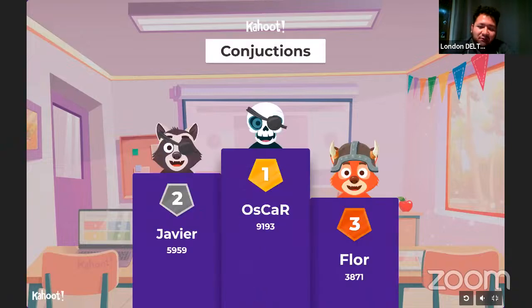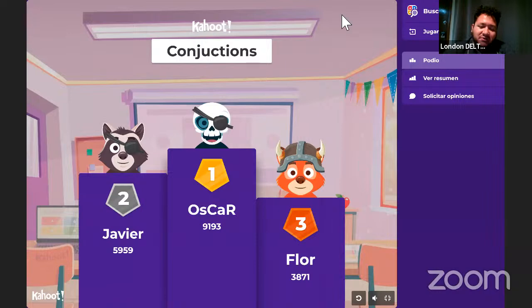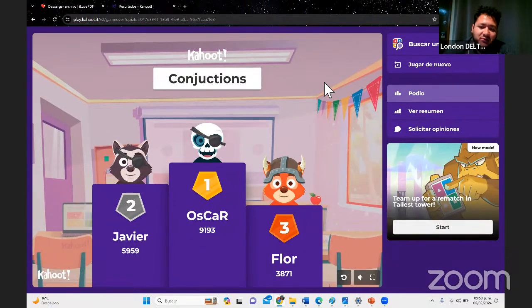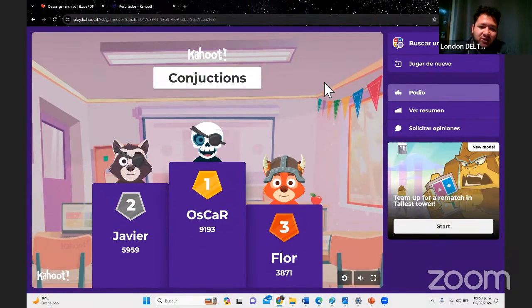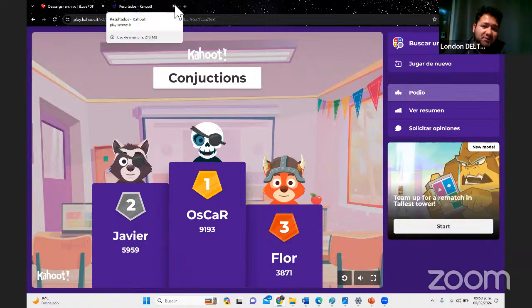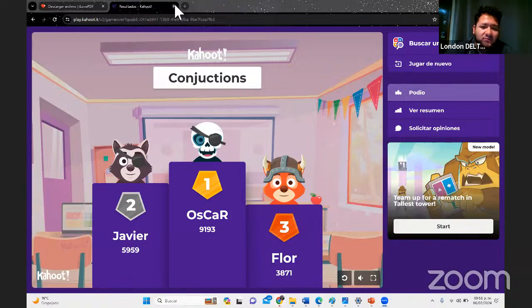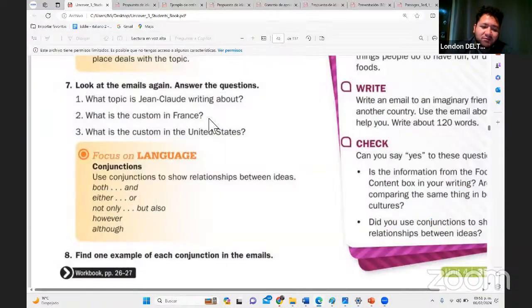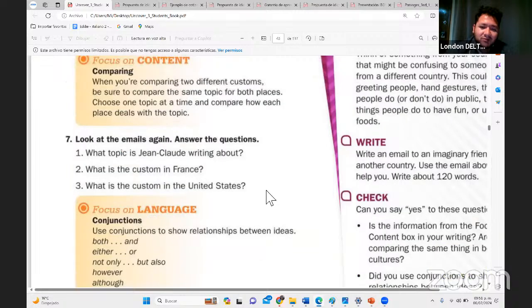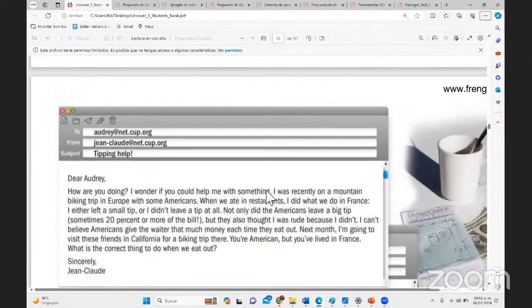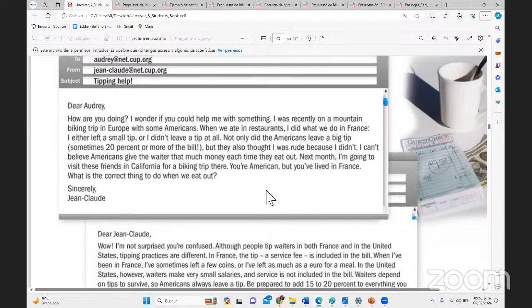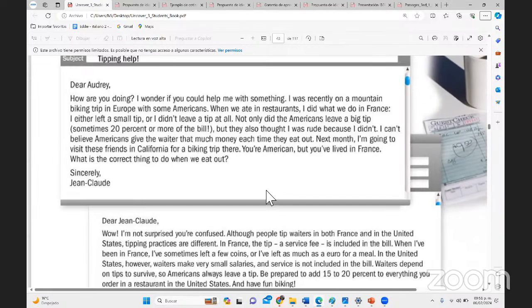Okay, so how do you feel about conjunctions? ¿Cómo se sienten con las conjunciones? ¿Es confuso? ¿Entendieron? Would you like to check one in specific? ¿Revisamos alguna conjunción, alguna palabra en específico que no hayan entendido? What would you like to do? No, I think with the use and with more examples, we can practice.